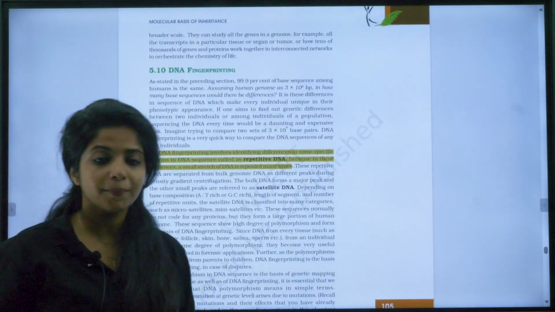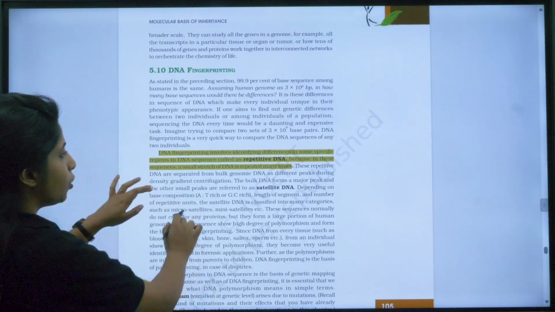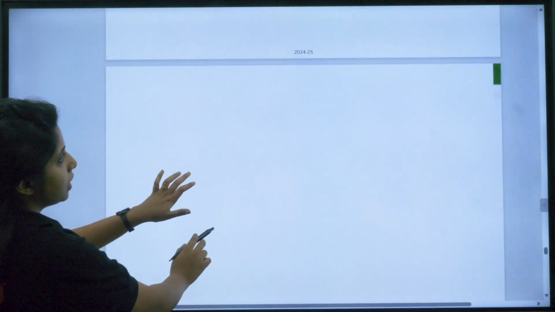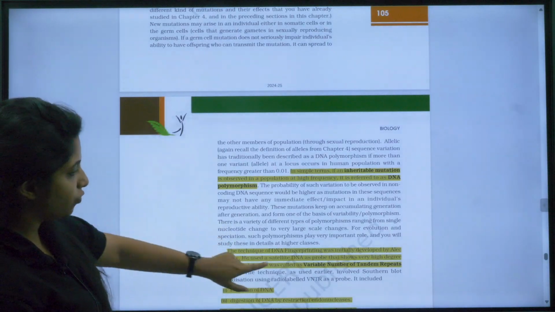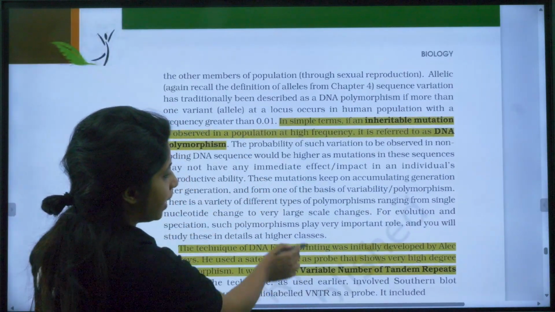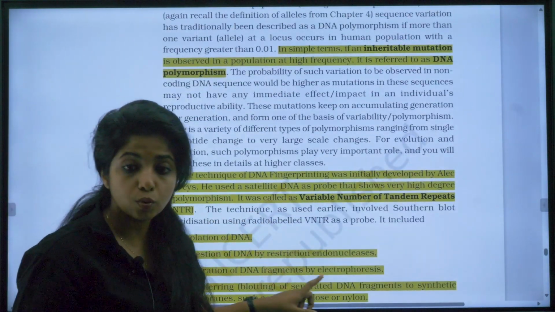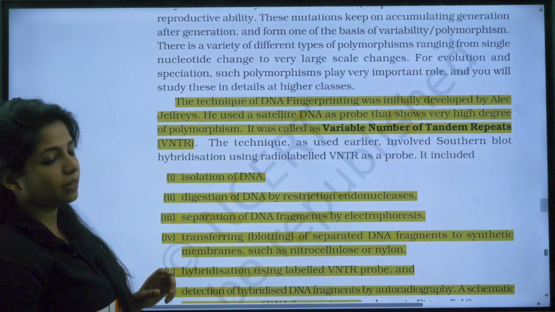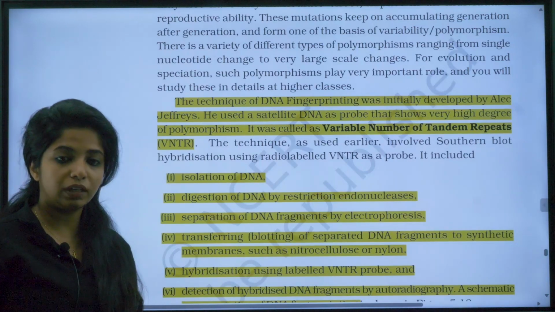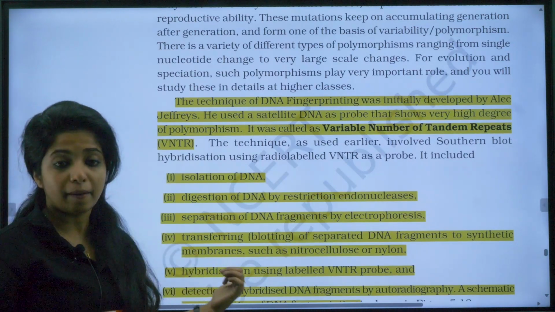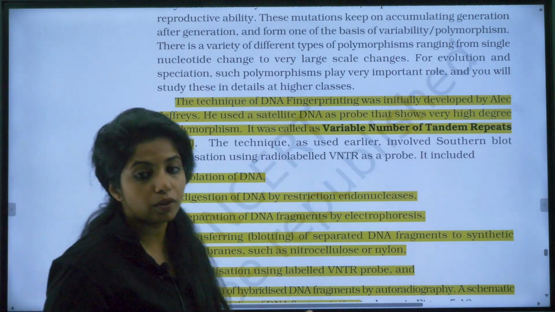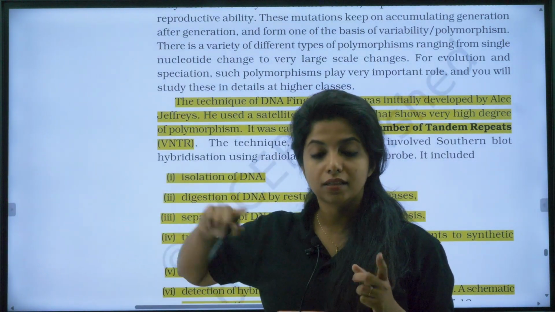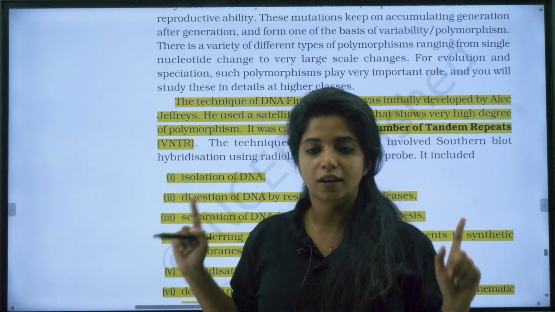Now what we have? DNA fingerprinting. Okay. DNA fingerprinting, again, very important topic. They will ask you, with the help of VNTR mechanism, can you tell how things work? So VNTR stands for variable number of tandem repeats, my dear children. So they will ask you the steps, step by step. So you have to say that first isolation of DNA is being made, then digestion is being done, then separation is being done, then identification is being done with the help of hybridization and things like that. That's when we get to know that basically, oh, okay, fine, this DNA matches with the culprit's DNA, and this guy should be the guy who should be inside the jail.